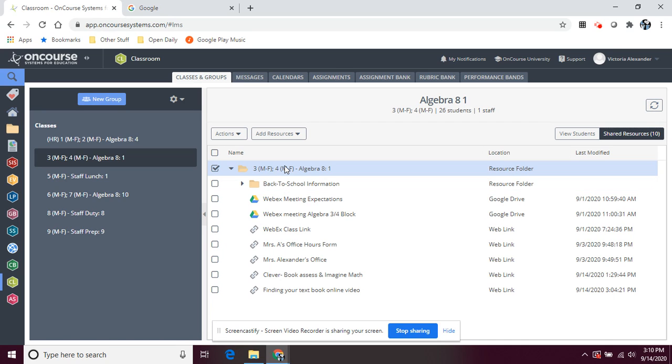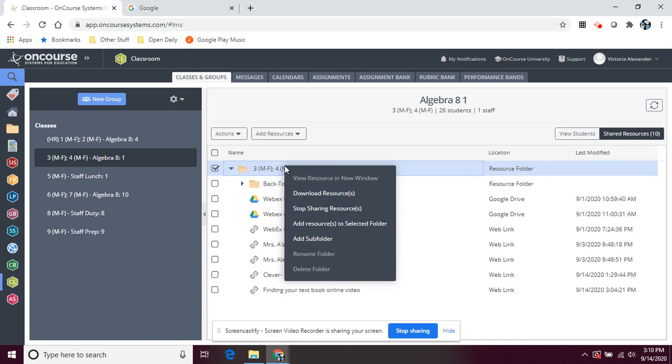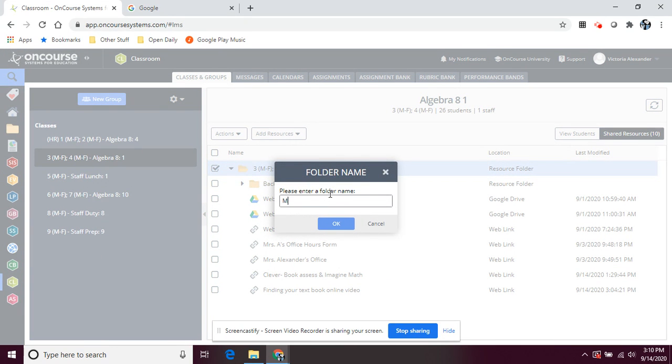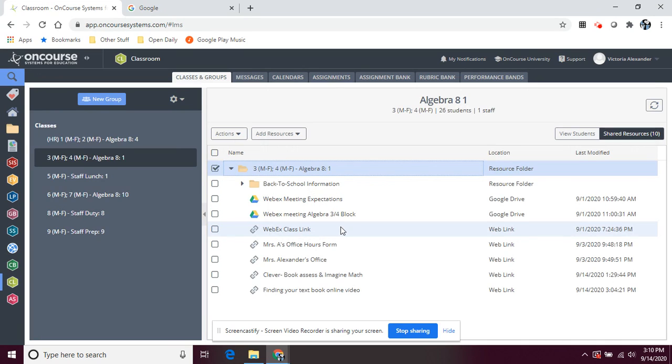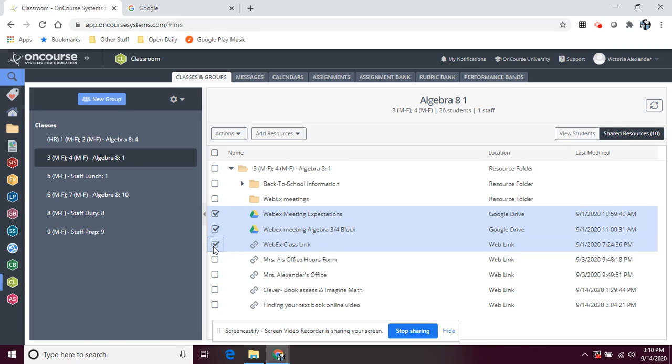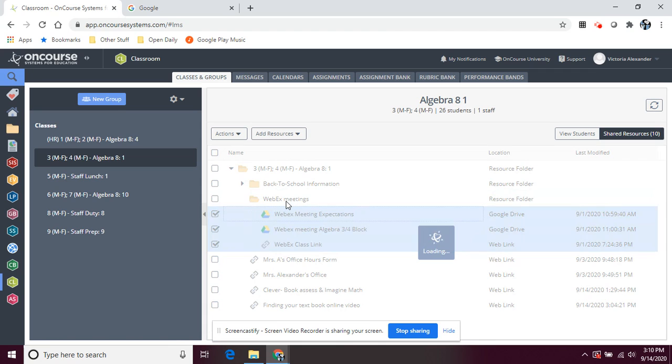Over the class period, you're going to right-click and click on Add Subfolder. I'm going to name my subfolder, click OK. You want to make sure you unclick the class period, and then you can click anything that needs to go into that subfolder. I'm going to drag those three things into the subfolder,